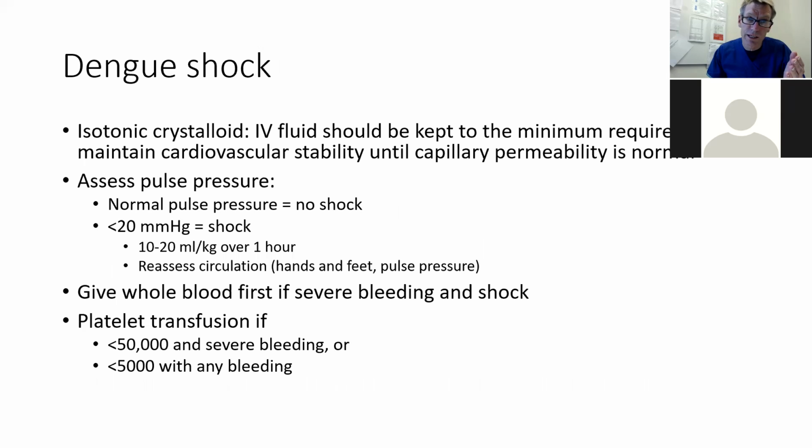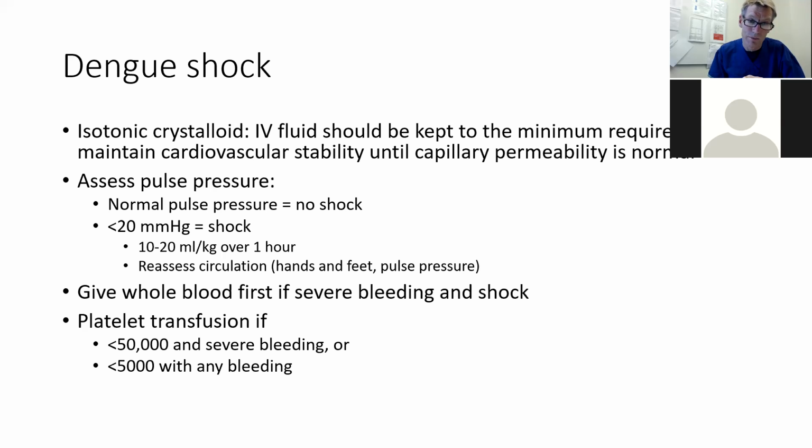So in dengue shock, you should use an isotonic fluid, and you should give fluid until the capillary permeability is back to normal. Because if you keep giving IV fluids, then the patient will often be fluid overloaded, and you'll worsen their pulmonary congestion, worsen their pleural effusions, worsen their ascites. And so if they've got a normal pulse pressure, they're not in shock, don't give them extra fluid. But if their pulse pressure is less than 20, then they need some extra fluid. So give 10 or 20 mils per kilo over an hour, and then reassess their circulation